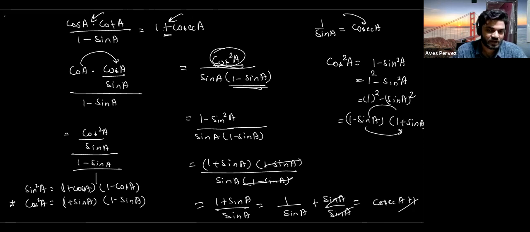Got it? So generally cot theta and tan theta are converted into the numerator and denominator form. Cosec theta can also be written in terms of sines. Actually, we need to convert this in terms of sine and cos. That is easier.